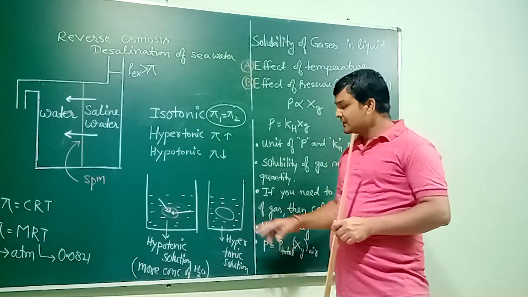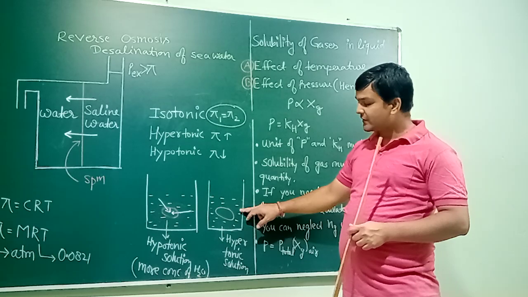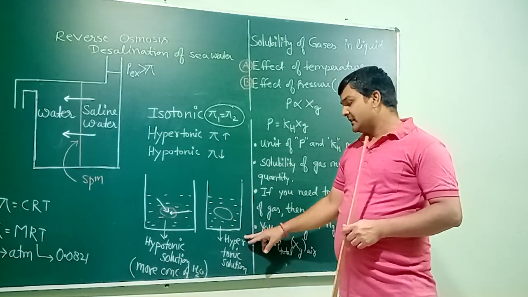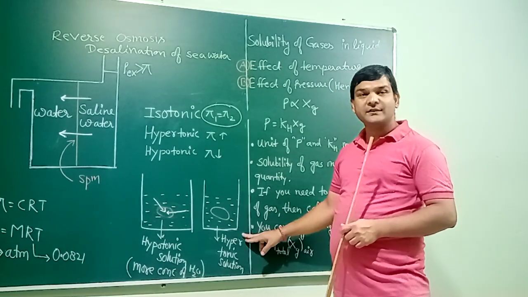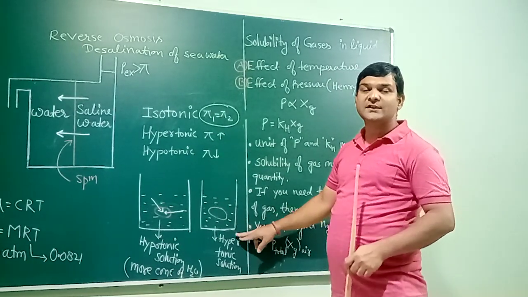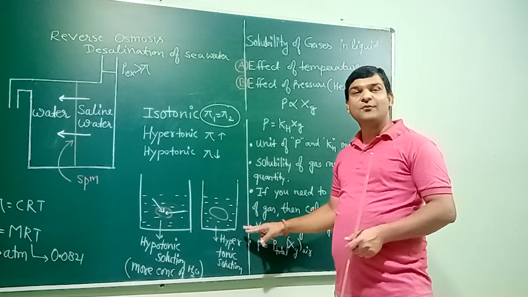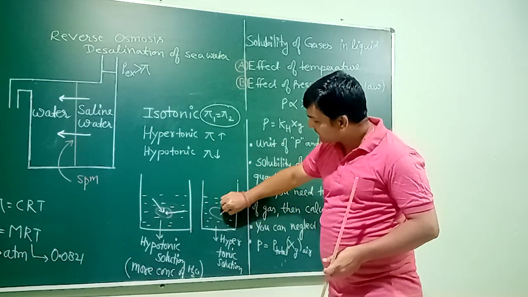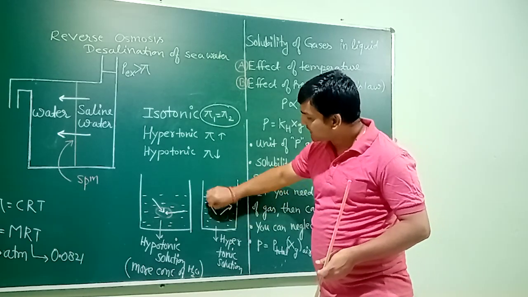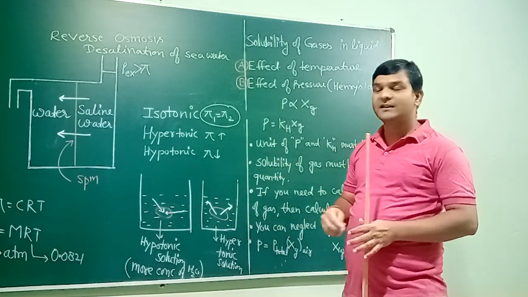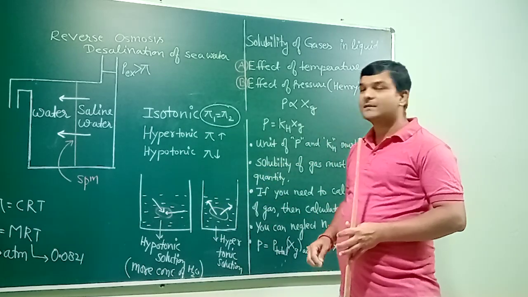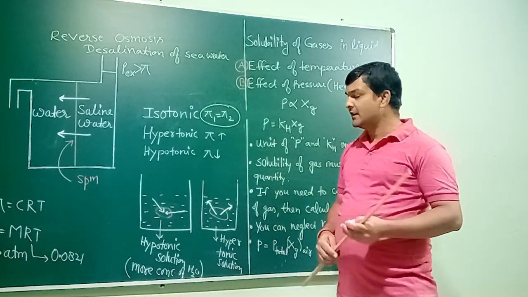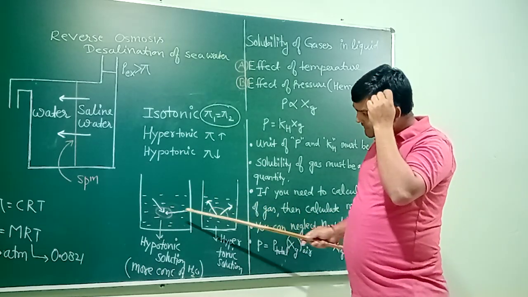In the other situation, if the solution is a concentrated solution, it means its osmotic pressure is more than the RBC. It is a hypertonic solution. Hypertonic means osmotic pressure is more, the concentration of solute is more, it means water outside is less as compared to inside. In this condition, water will move outside the RBC. The RBC will shrink, and because the RBC shrinks, it will not be able to carry oxygen significantly. So both these conditions are dangerous for us.